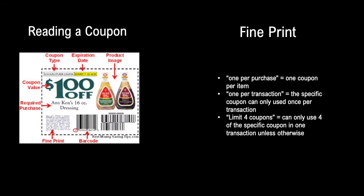And then you're going to have a little section underneath all that that's like really tiny print, and that is where things get tricky and employees get tripped up on the language. So something you might see in the tiny fine print is "one per purchase." This means one coupon per item. So if I'm getting 4 packages of Kotex pads, I could use 4 coupons because it's 1 per purchase, which